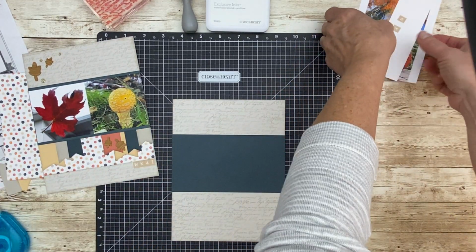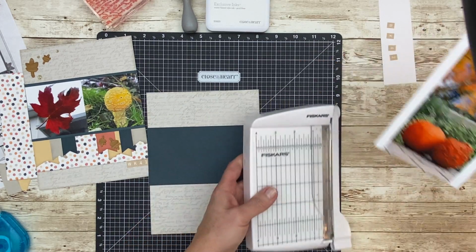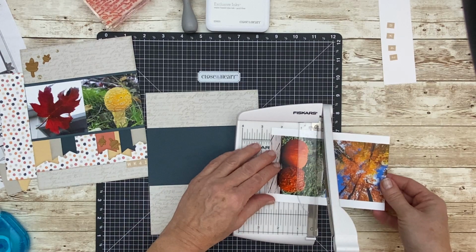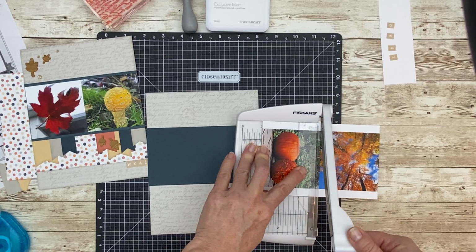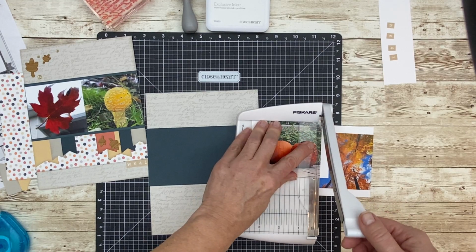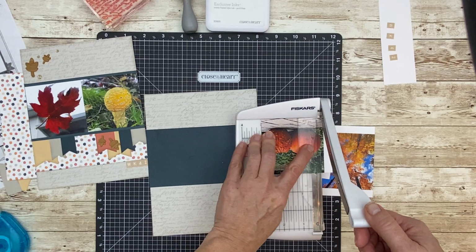So I'm going to start building this page, and you'll see that I'll keep on pulling my left page back just to make sure that everything is nice and straight. I'm going to trim my photos here. They are 3 by 3, and you can get 2 on one sheet. That is normally for a 4 by 6 photo. So I'm just going to trim these down, and I do like to print them if I've got time the